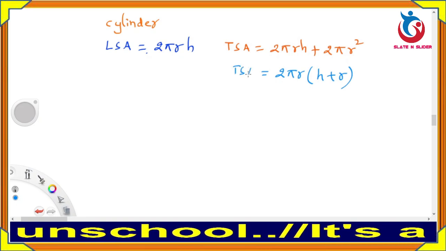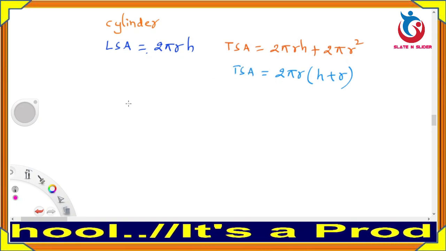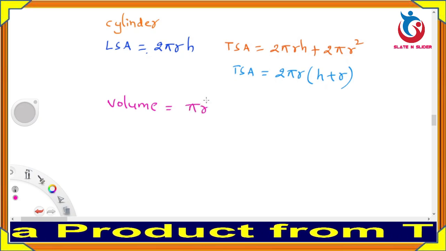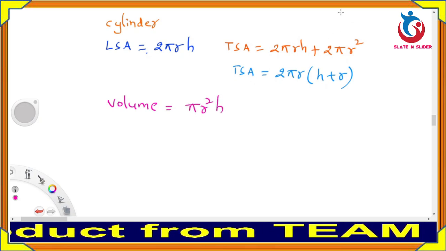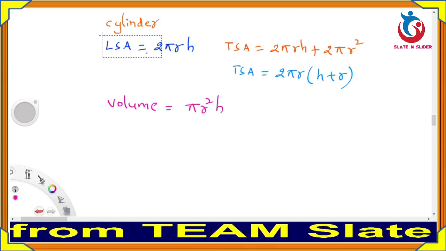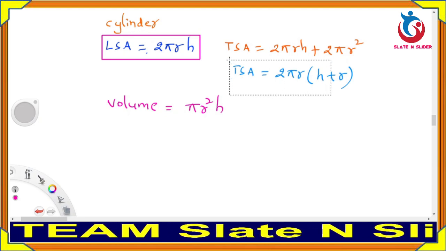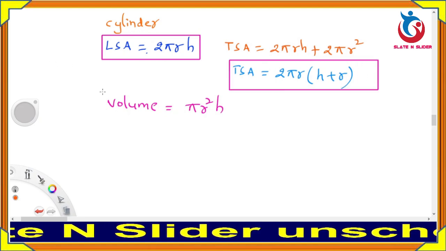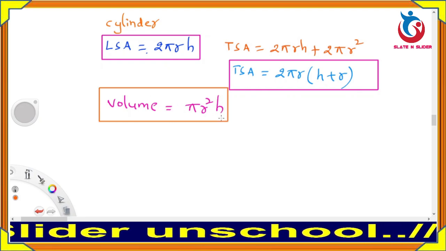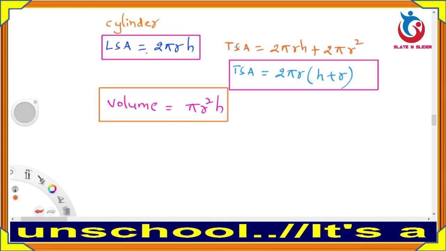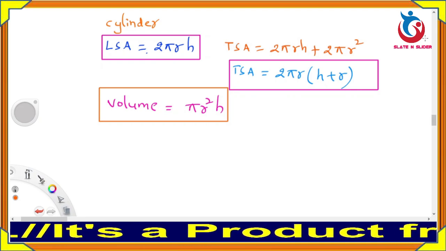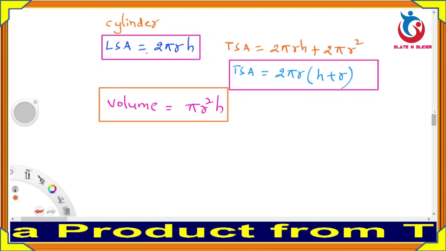So, this is TSA, and we can write the volume. So, volume is equal to area of the base pi r square into height, that is h. So, we will write this formula in a box. So, like this we can write the formulas, and we will go through some more. They are